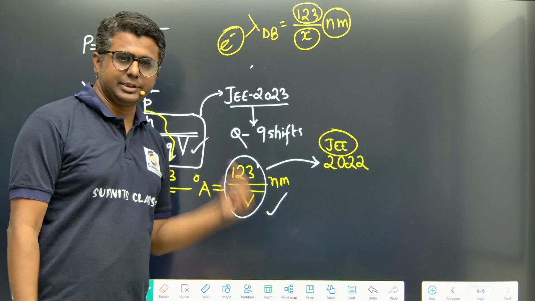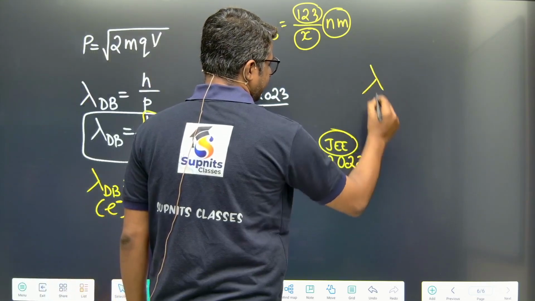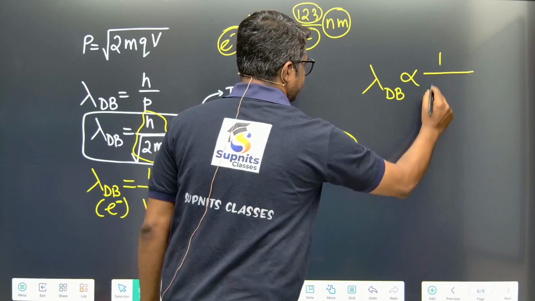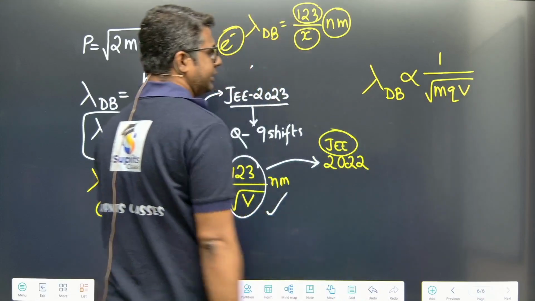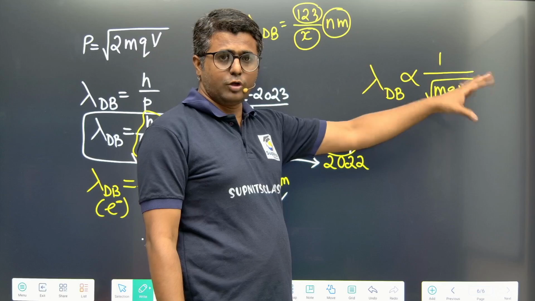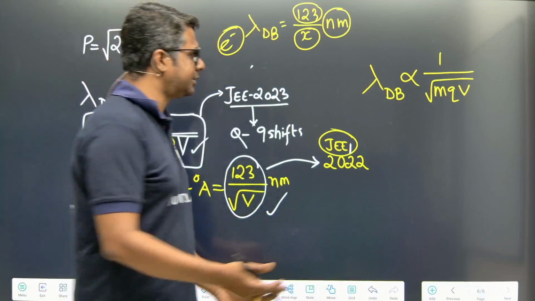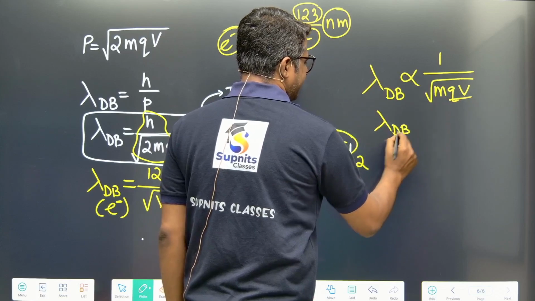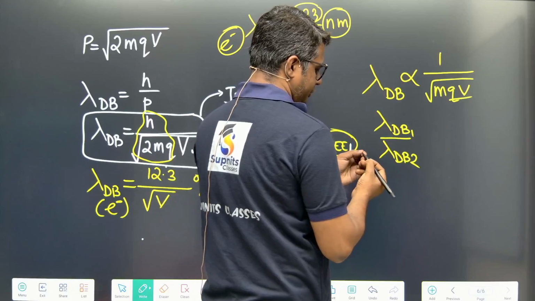This is what de Broglie equations are. How to apply these equations? This is an important formula that can be used directly in many questions, that is lambda proportional to 1 by root 2mqV, where root 2 is constant. In many questions either mass has been changed, charge has been changed, or voltage has been changed, and they have just done these things, nothing else. So suppose only mass has been changed, so the others are constant, then lambda dB 1 by lambda dB 2